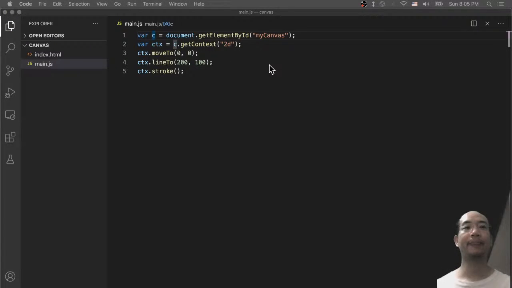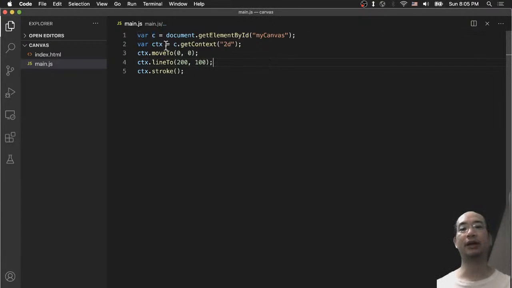Okay. Now you have the C, which is the canvas, and now you get the context, the 2D context. For the canvas, if you want to draw something in the canvas, you have to get the context. So what the context does is just like if you're using Photoshop or some